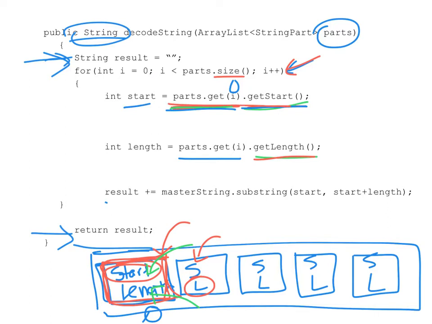So it's going to be a bunch of dots. Okay, so once I have these two, I have to use my substring. So my result was this. So I did a plus equal, or you could have done result equals result plus, whichever way is better for you. And then the substring is start, the start index,